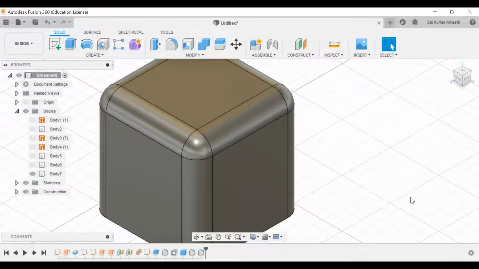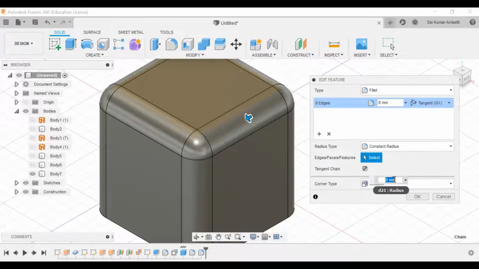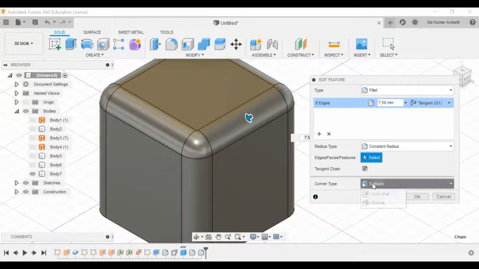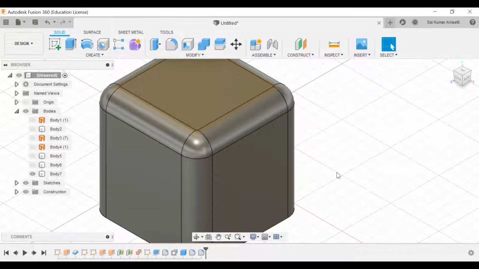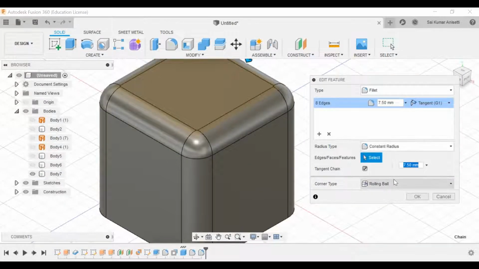Click OK. Right. Just select. Let me give the setback distance as 8 or 4 mm, or else rolling ball type. Why is it not getting updated?